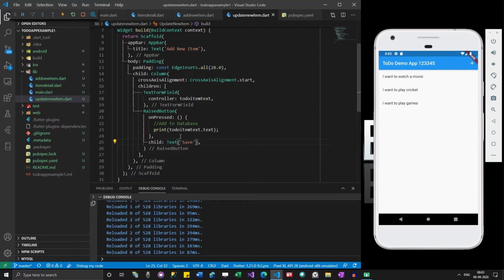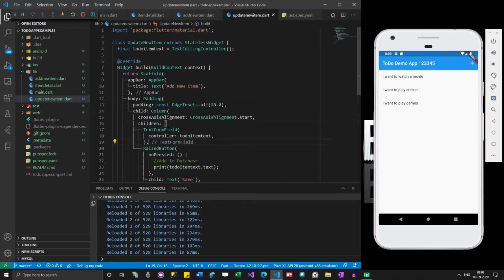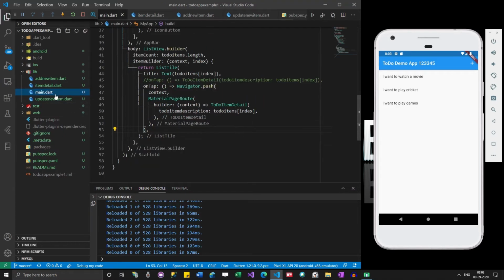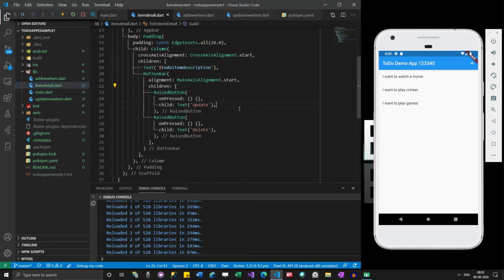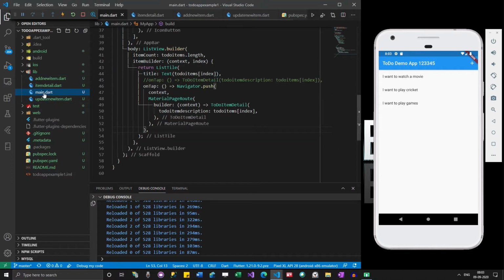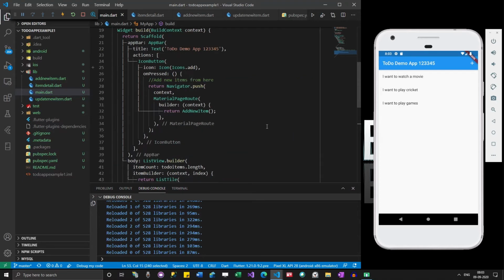And then whenever the update button is clicked, I obviously have to show the text here, right? So first of all, let me map it to main dot file, to do item detail. So whenever this is clicked, I have to go to update new item, right? So let me just take this code from here.